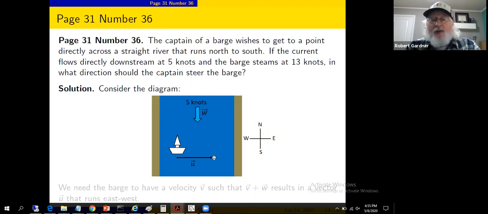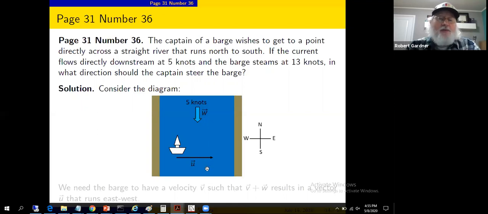He wants to go directly across. He's going to go at 13 knots. Well, if he points his boat directly across, he isn't going to go straight across. The flow of the river is going to take him downstream. So he's got to actually aim upstream in such a way that he compensates for the flow of the water